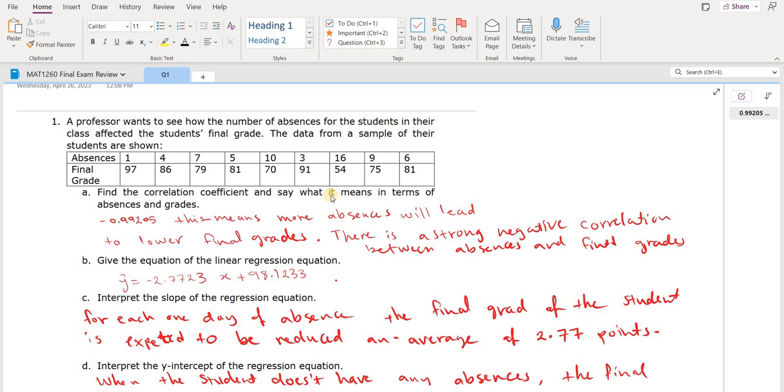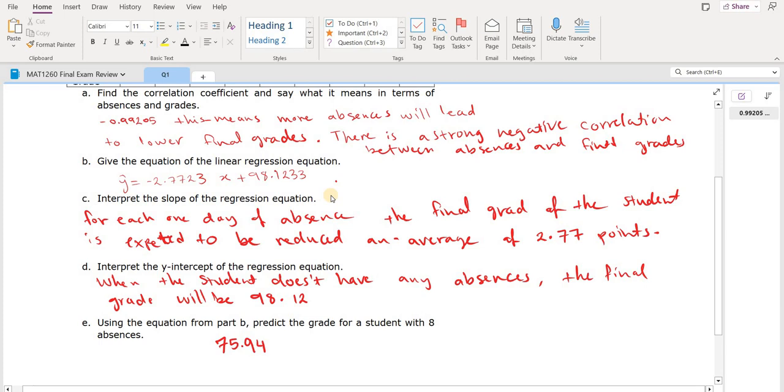A professor wants to see how the number of absences for the students in their class affected the students' final grade. The data from a sample of their students are shown. We want to find the correlation coefficient and interpret the correlation coefficient in terms of the context of the question. We want to give the equation of the linear regression, and then we're going to interpret the slope